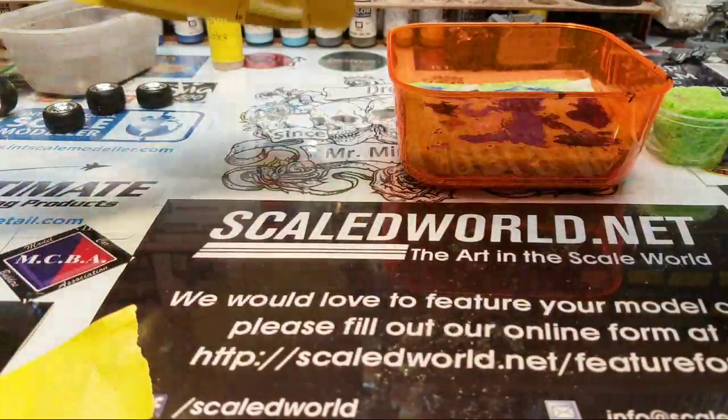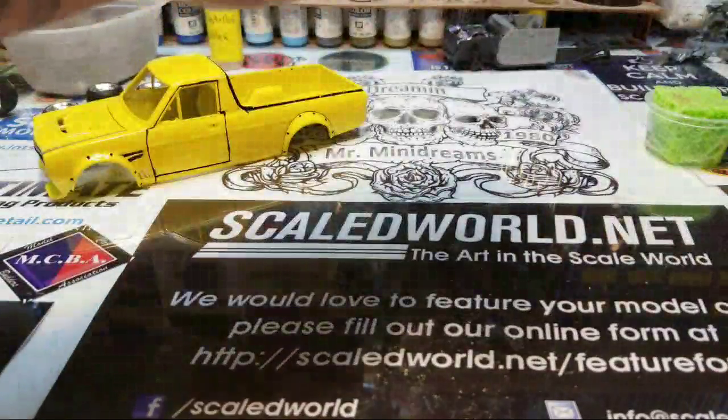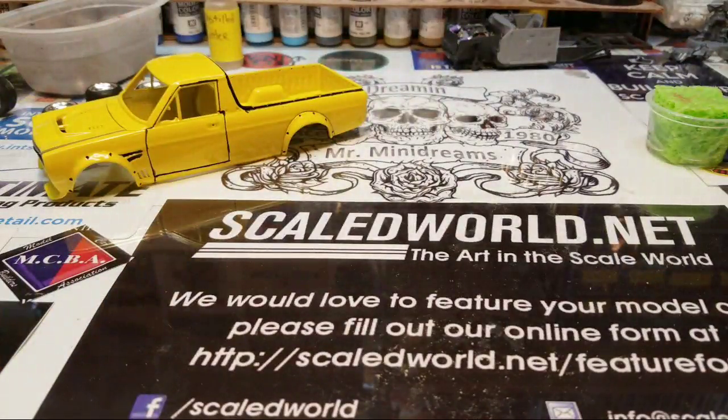Let's see what happens now. Alright. I think I got all that I wanted blacked out, other than actually painting the trim. So then what I do...